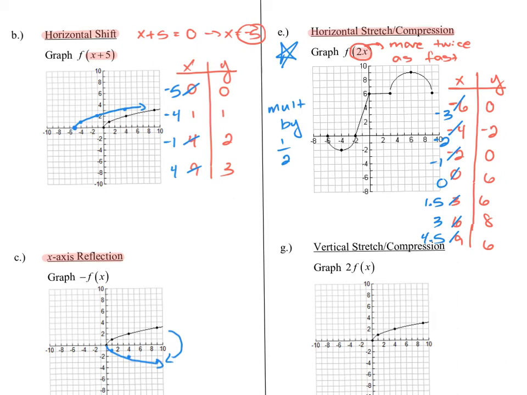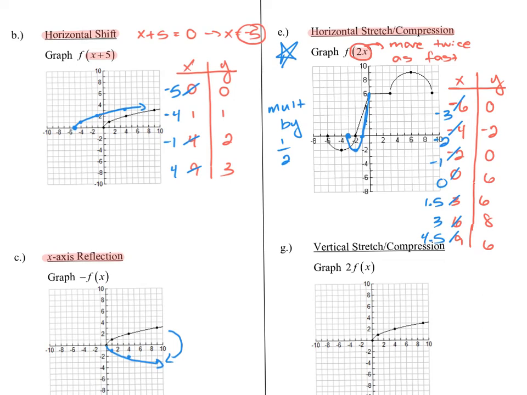So instead of this -6, 0, this is going to become -3, 0. And instead of this local minimum that I have, this -4, -2, it's going to become a -2, -2. My next intercept, my -2, 0, is going to become a -1, 0. And I like to start connecting these as I go along. My y-intercept is still going to stay the same. So I can just go ahead and connect that. Continuing on,